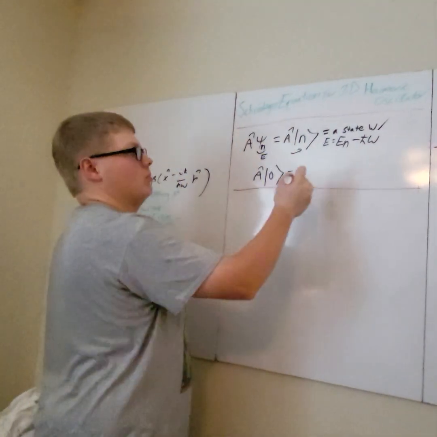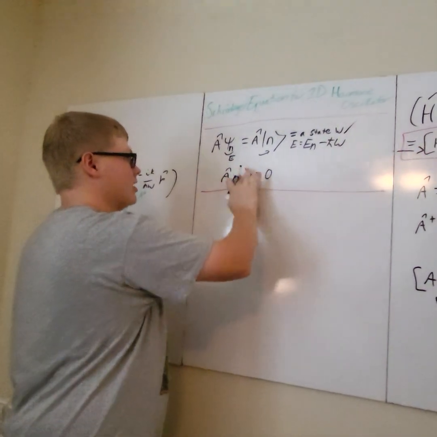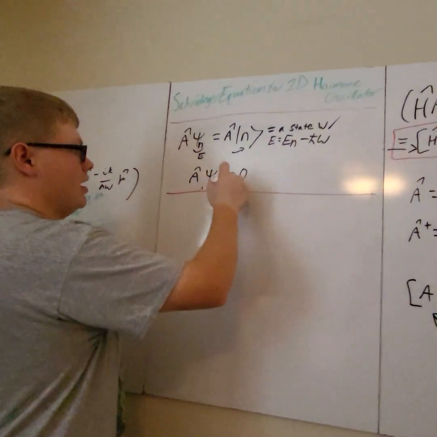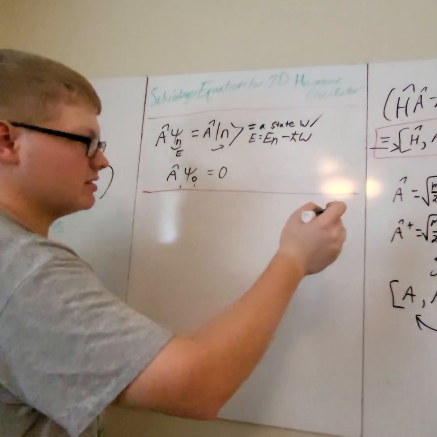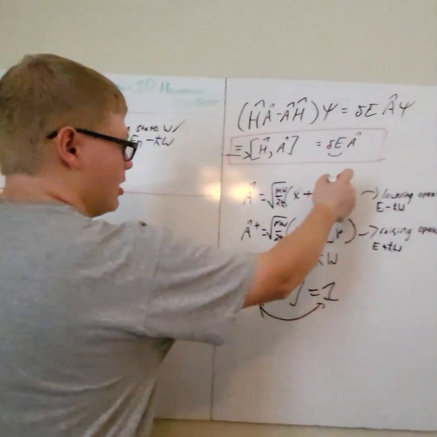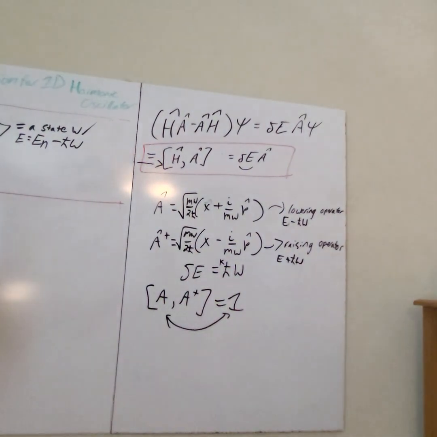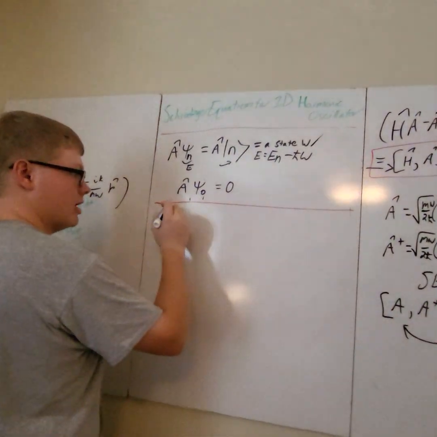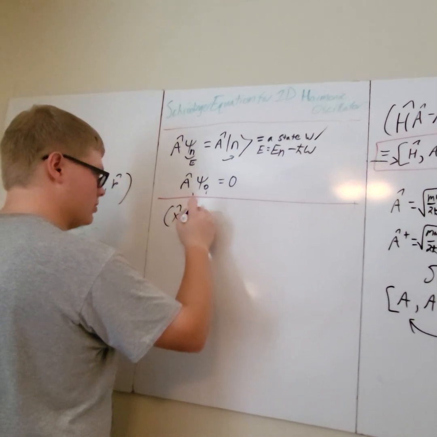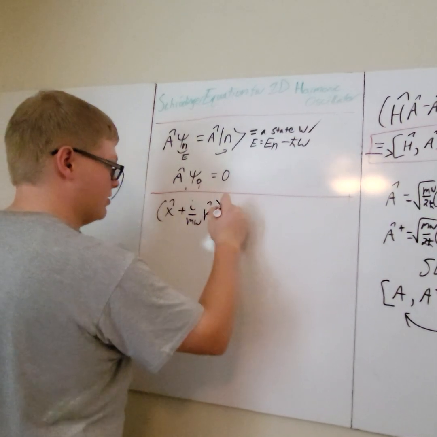So basically what that means is when you act the lowering operator on the ground state, here I'll go back to psi sub 0, I meant to put psi sub 0, it should equal 0. Well, that gives us a differential equation. And we'll plug back in, remember that the momentum operator is negative i ħ times the derivative. So the little factor doesn't matter because it cancels out with the 0. We get that this will define our ground state, psi sub 0,